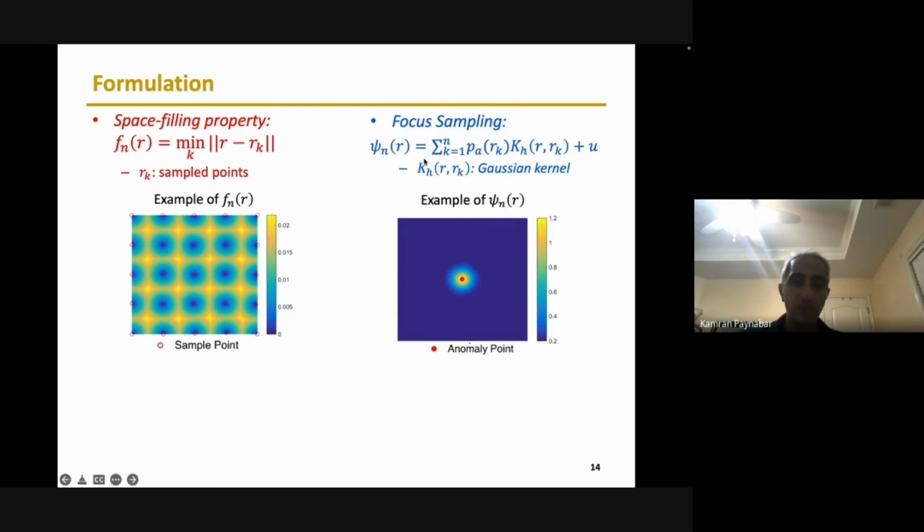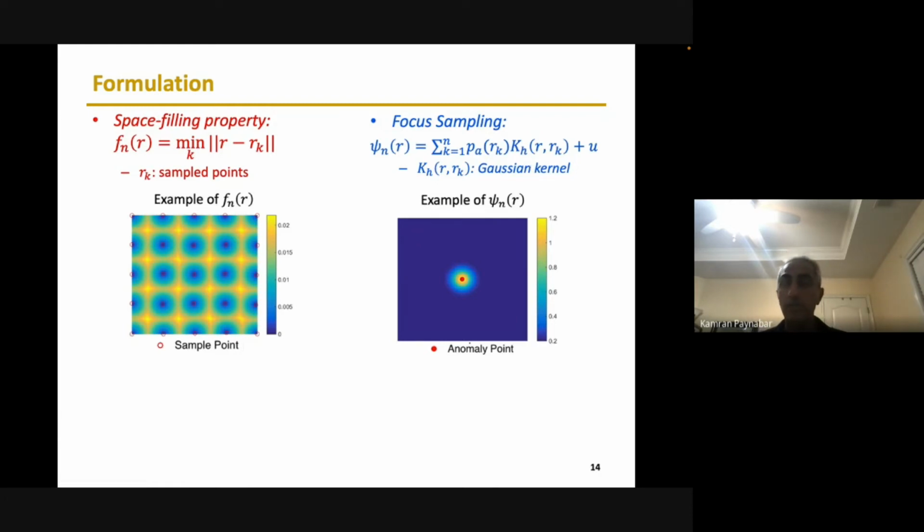So the focus sampling is coming from a kernel distribution. So basically what we have here is a Gaussian kernel. So we are assuming that the shape of anomaly is coming from a mixture of Gaussian distributions. Okay, so this is a Gaussian distribution, and this is the probability of coming from this basically cluster. And we add them up, it would be a mixture of Gaussian distribution. It's flexible to basically identify the distribution of anomalies. Not the shape of anomaly, but the distribution of anomaly, where they are located.